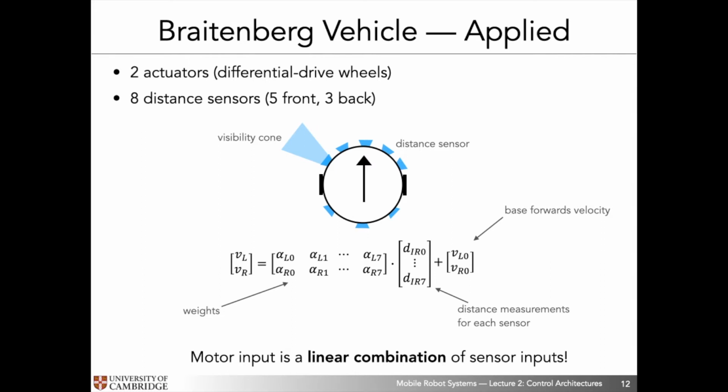So now the question that we're left with is, how do we actually compute these weights? For a system which is composed of only 8 sensors and 2 final outputs, we can conceivably do this by hand, by tuning them, by making an informed guess, and then having a look at how a robot, for example, in simulation performs with respect to these given tuned weights. And indeed, this is what many people do. What we will look at now in the next slide is how we might actually generalize this to an even